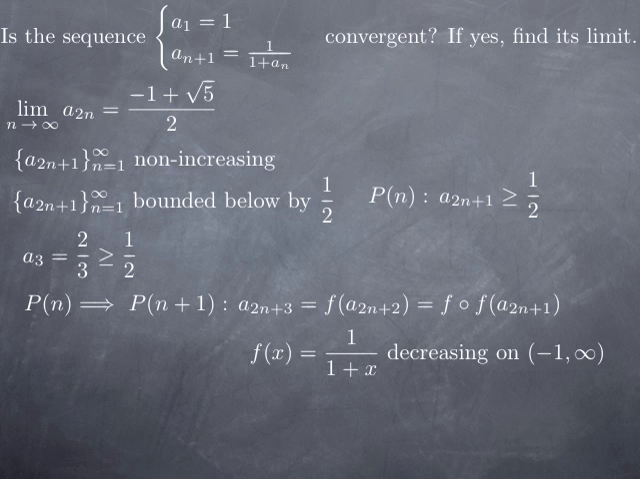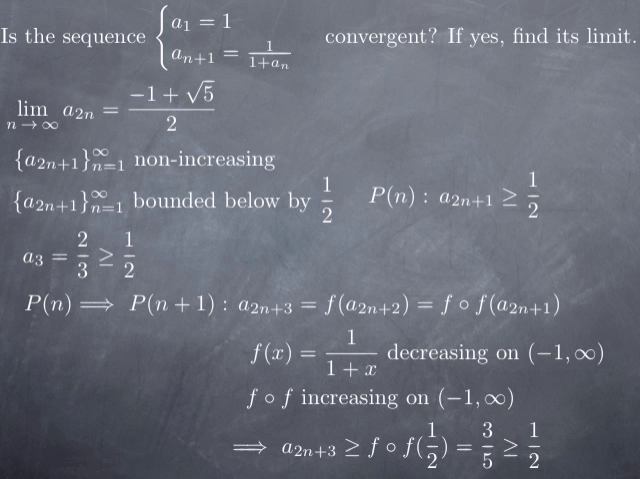And to show the inductive relation that when this is true for n, this is true for n plus 1, I'm going to write it maybe a little bit more abstractly. To go from a indexed by 2n plus 1 to the next term in the sequence, which is a indexed by 2n plus 3, you just apply the function 1 over 1 plus x twice. The first time you get a2n plus 2, and you plug that again in the function to get a indexed by 2n plus 3. The function 1 over 1 plus x is decreasing on the interval, for instance, -1 to infinity, and so when you compose it with itself you get an increasing function,